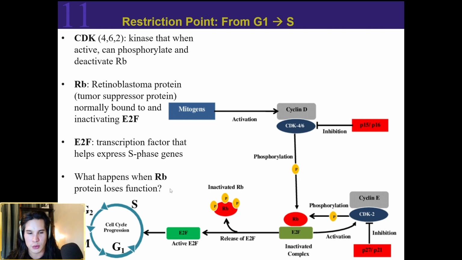So that's what makes this whole checkpoint process a prime target for, you could say, cancer prevention. Because essentially, uncontrolled cell growth is cancer. And so one of the more successful targets are actually,